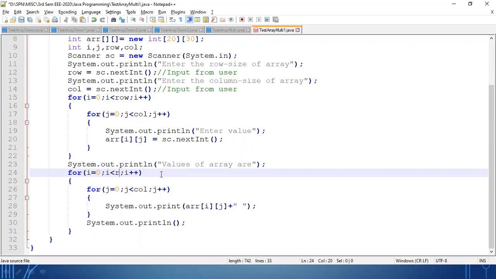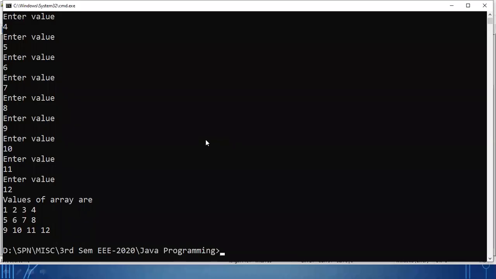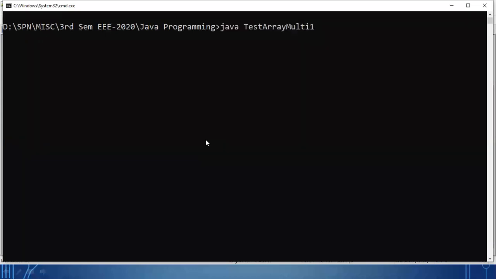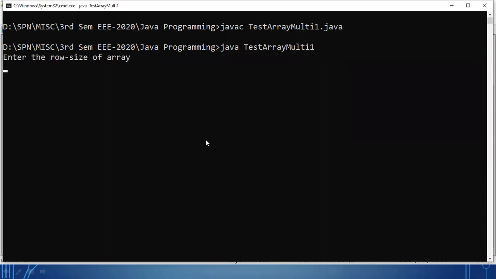Okay, so I am writing array name dot length property. Let's check whether it's working or not. Compilation done. So suppose let's take a small value 2 3.